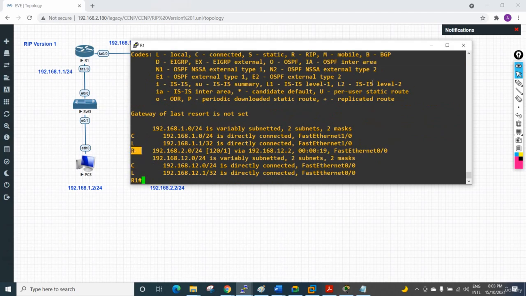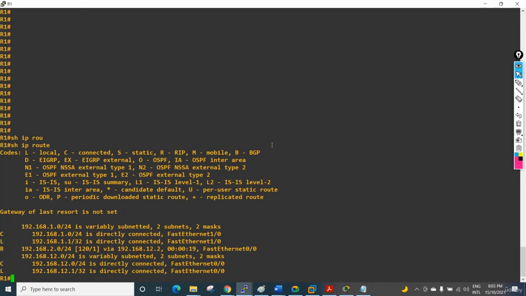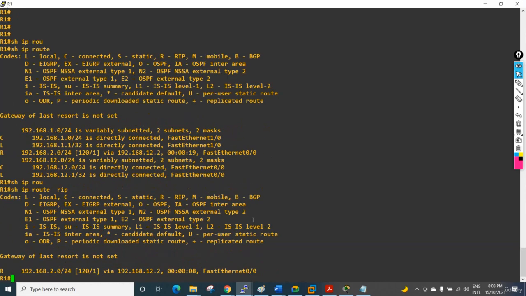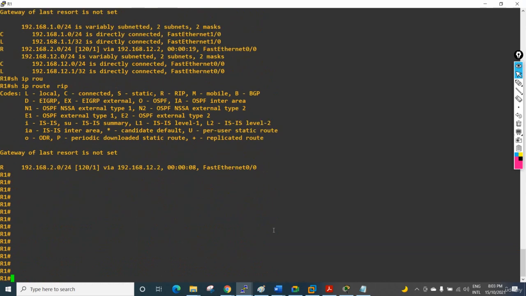How do we know this is RIP? So let me make this big here, this R is RIP. Okay, so we can say this route is learned from the RIP. And if you want to sort this one, show IP route, and then you can write RIP. So it will be the short route. So this is a basic configuration of the RIP. We configured the RIP. Okay, so let